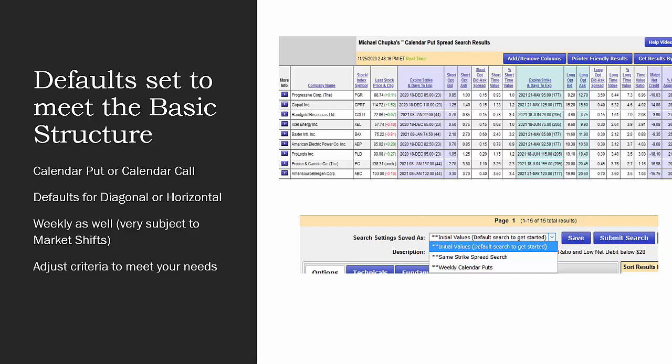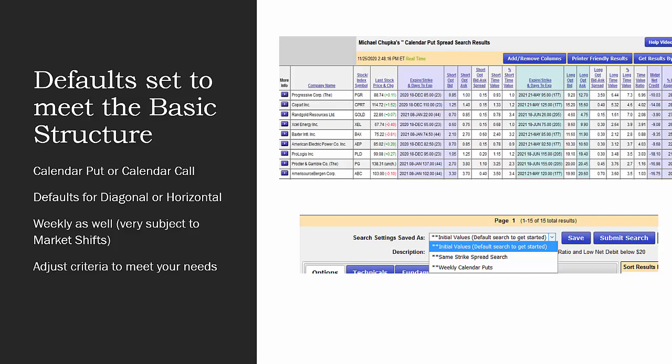They are very subject to market shifts. If I'm doing the weekly calendar put spread or even the standard diagonal calendar put spread and the market's up 3% or 4% during that week, I'm probably going to be at a 30 to 40% loss. If it's the longer term one, I won't be that high, but it's going to be very subjective to market conditions. It should only be used in a bearish structure,